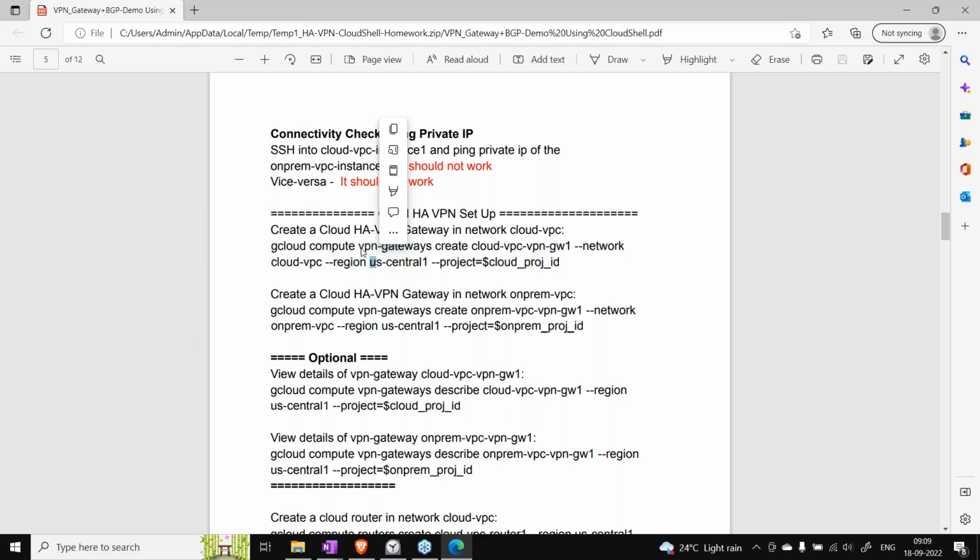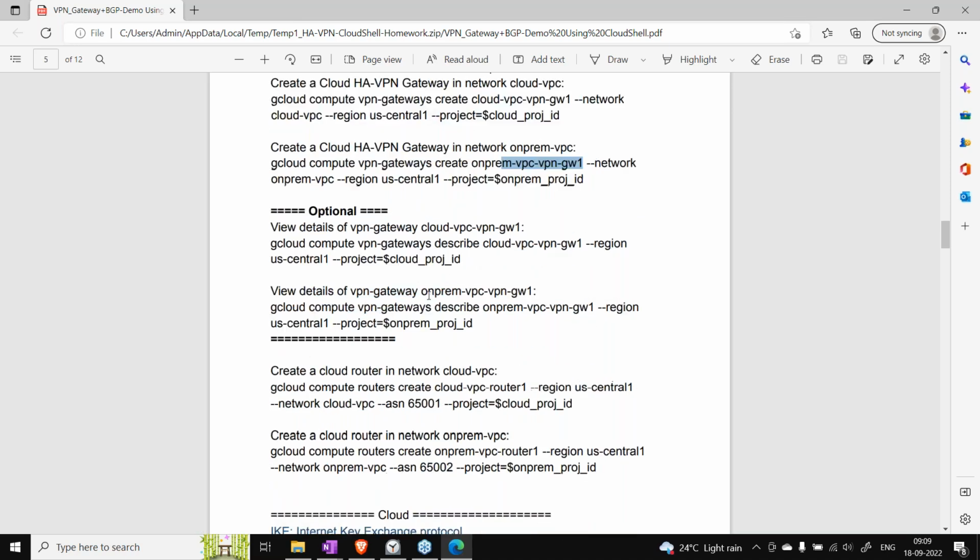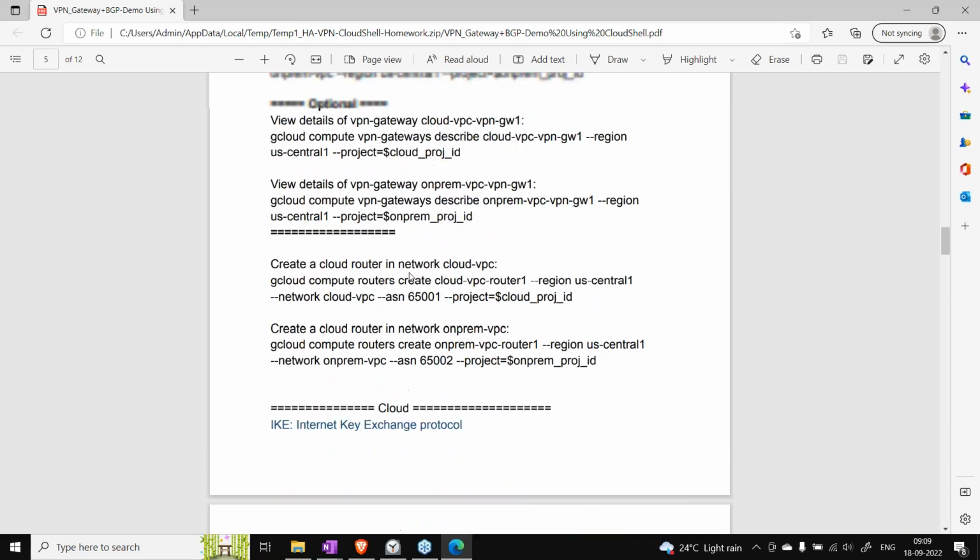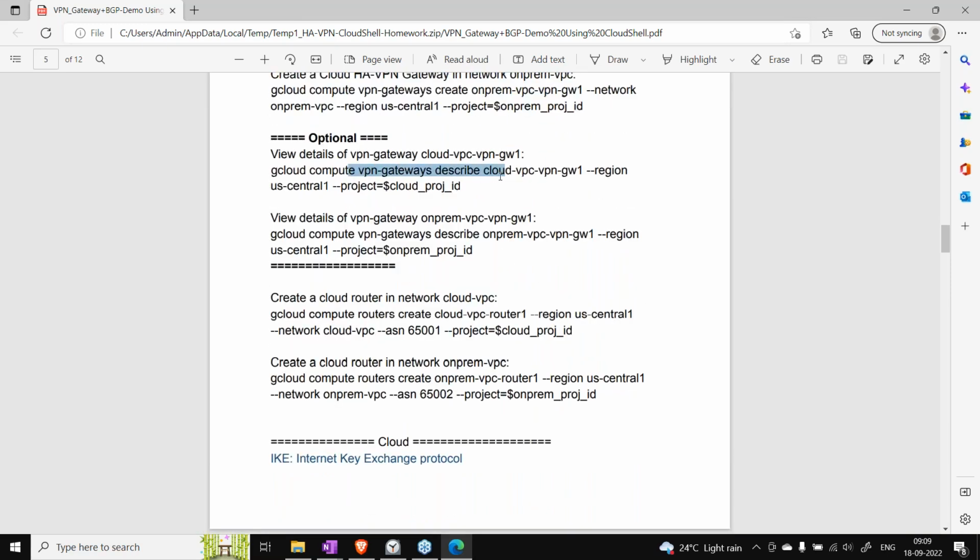Okay, so here I'm creating a VPN gateway on this project. Here I'm creating an on-prem gateway on the on-prem project, right? Similarly, here, if you want to view the details, this is optional. This will print the details on your Cloud Shell, just to check the output of your commands.